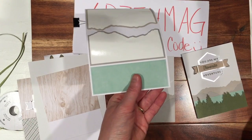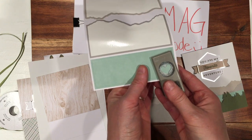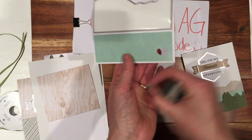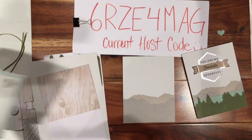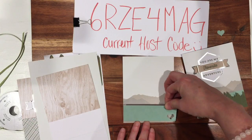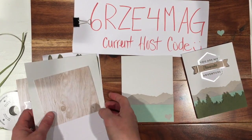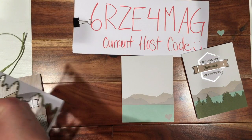Now this is where I took a little heart punch that I have, and I punched a little heart out of there, and I just put that aside because I'm going to decorate the inside of my little pocketbook with it. Okay, so I took a little chunk out of there because you're not going to see it, because once you layer this all up,